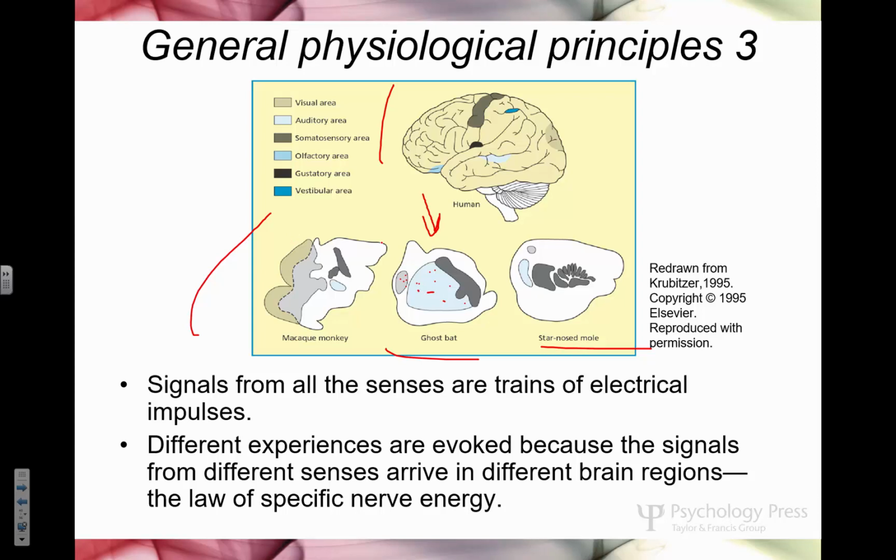Well, bats, because they use echolocation, rely much more heavily on their auditory system, on hearing, than they do on vision, relative to humans, for example, right? And if you think about our auditory area, it's kind of small here, and actually they've underrepresented the visual area. The visual area should be larger, covering this little area down here. So you think about humans, we're a very visual species, right?